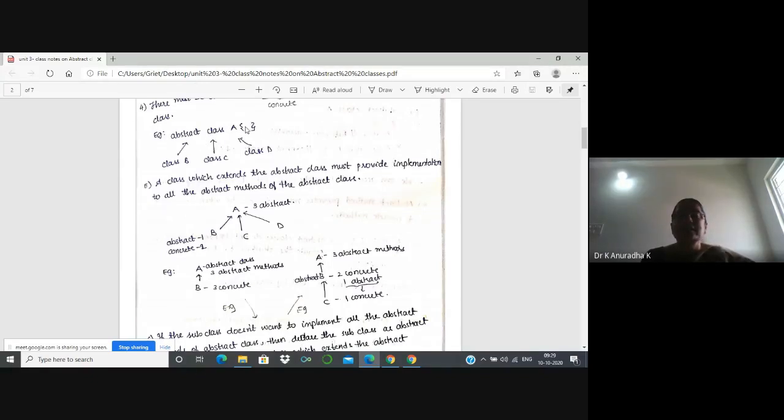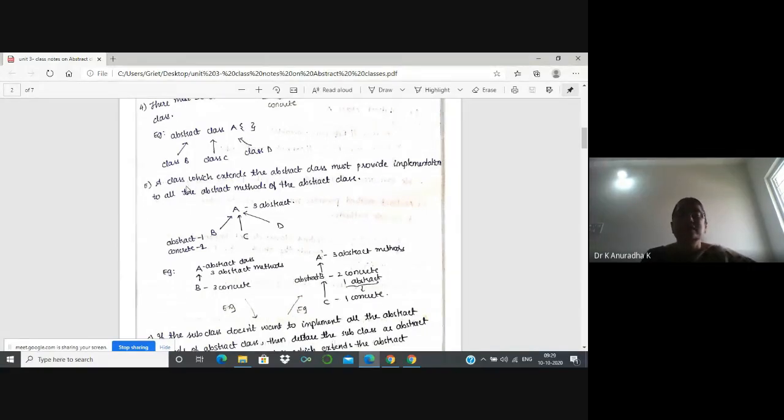Because inside an abstract class we can write abstract methods. Abstract methods end with a semicolon. Method body is not there for abstract methods. But the subclass which extends that abstract class must provide the implementations to all the abstract methods of that abstract class. With examples I will explain later.